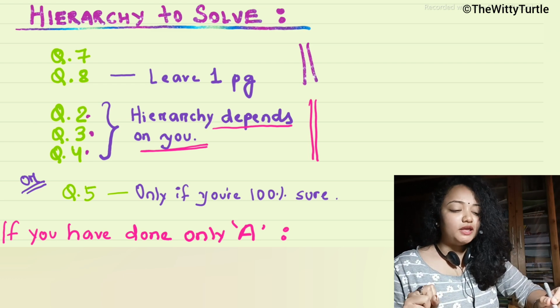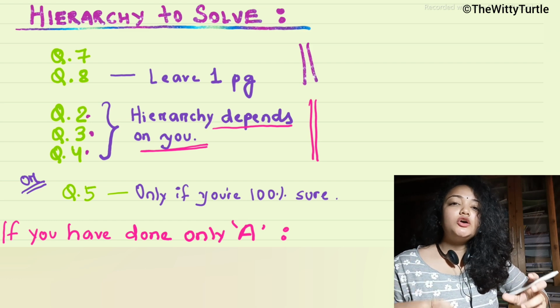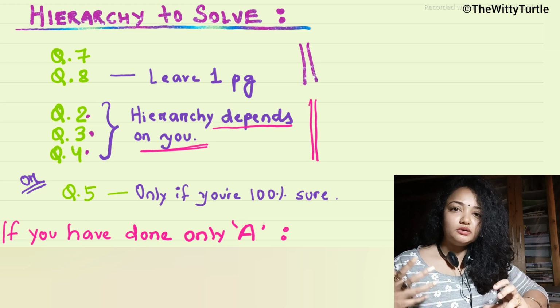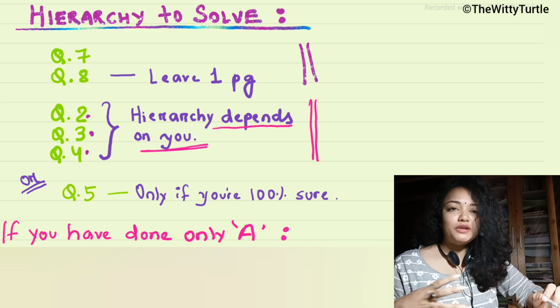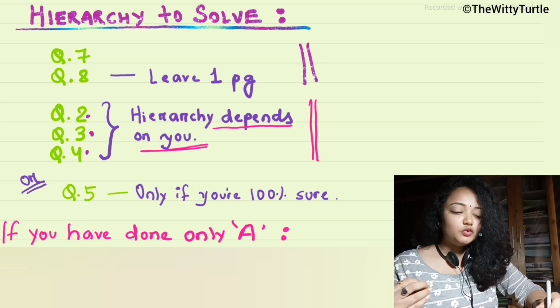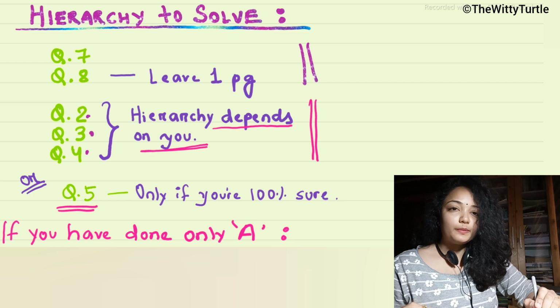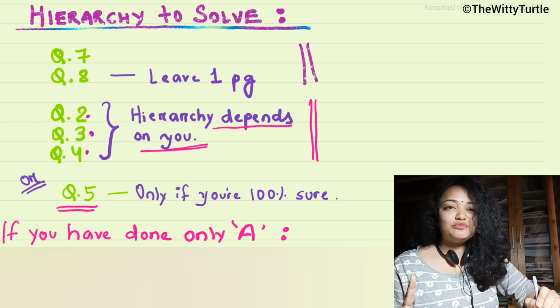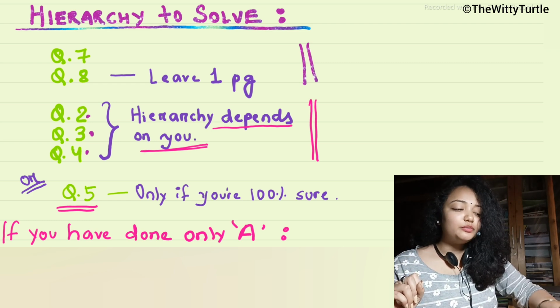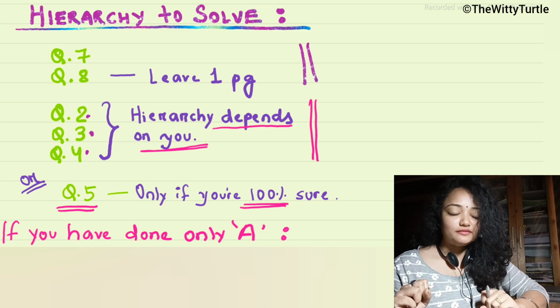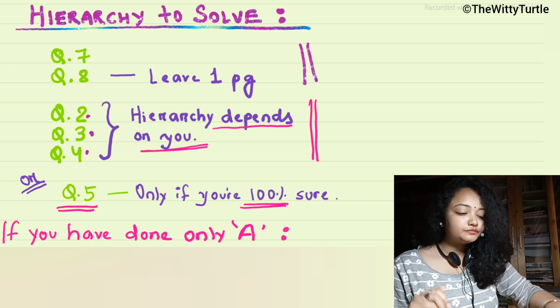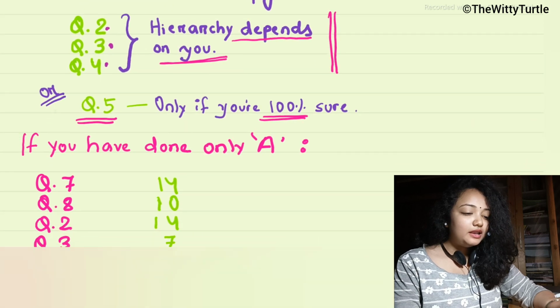So this is one important thing. And for those students who are good at business combination and want to attempt that question, out of question number 2, 3, 4, you can eliminate one question, and instead of that you can go for question number 5. But remember, do question number 5 only if you are 100% sure, right? Because you can't take the risk in the examination hall itself, right? I hope this is clear. Now let's understand